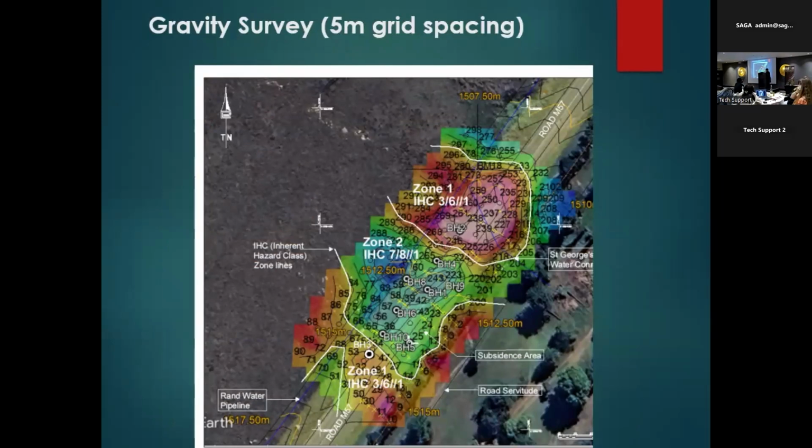So we said, okay, let's go for 5-meter grid spacing gravity, which DP did, but made provision for very deep boreholes in case. And obviously the red is gravity highs presenting shallow dolomite bedrock. These are gradients on the side, and then your blues are your gravity lows, where you presumably will get very deep dolomite bedrock. As Danny said earlier, typically we anticipate getting cavities here, but on the gravity lows, you can also get cavities.